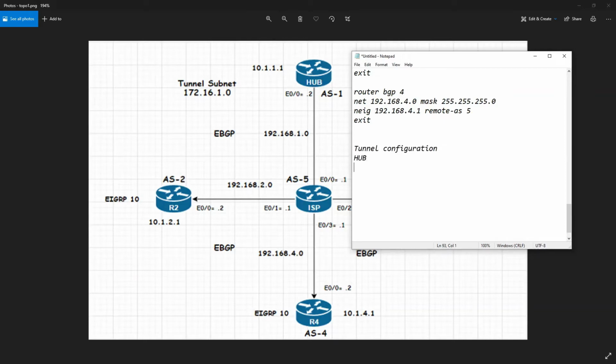So first for the hub, I will say interface tunnel 1, I will give an IP address 172.16.1.1, and I will say that the tunnel source will be interface E0/0. You can give an IP address, but I am giving the tunnel source as the interface. And I can say that the tunnel mode is GRE multipoint, because we are doing DMVPN, so the tunnel mode should